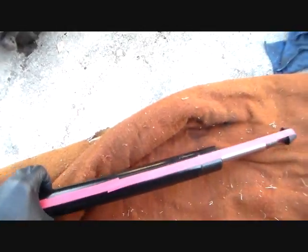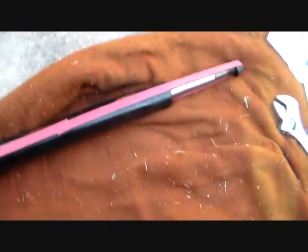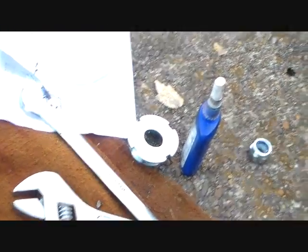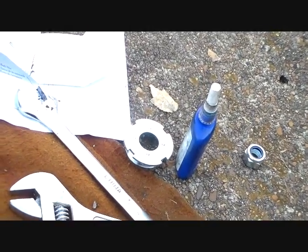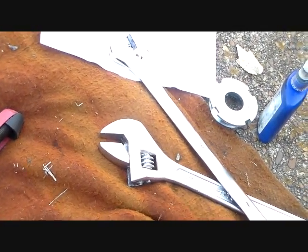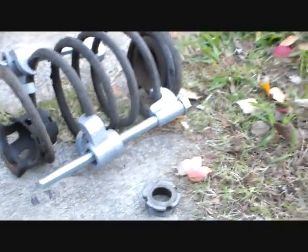Okay then, time to put the new strut cartridge in. It's just going to be the opposite of taking the old one out. Just slips in that housing. You need to take that red strap off of it. You've got a new retaining ring. Put that down over it, tighten it securely. I'm going to put some thread locker on mine this time. Just use a hammer and a screwdriver or whatever just to tighten that thing up. There's probably some special tool, but I don't have it. And then you're ready to put the spring on and all that other